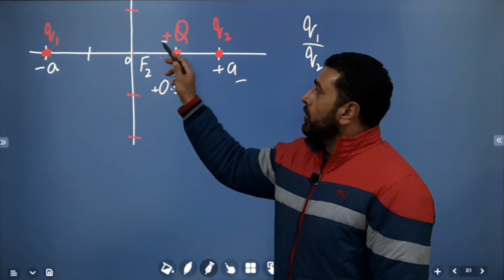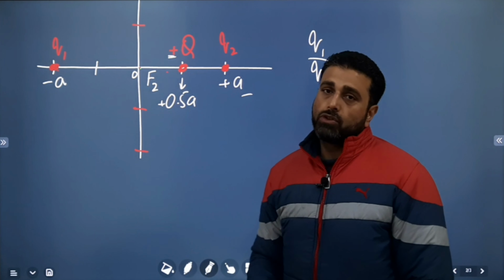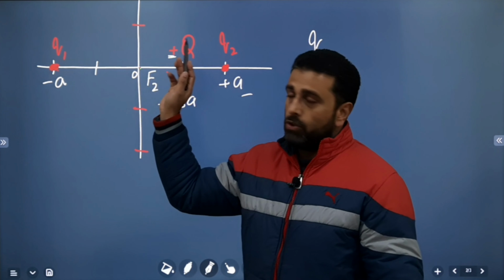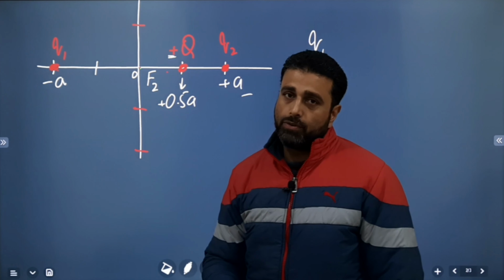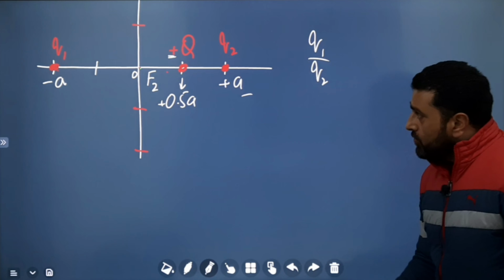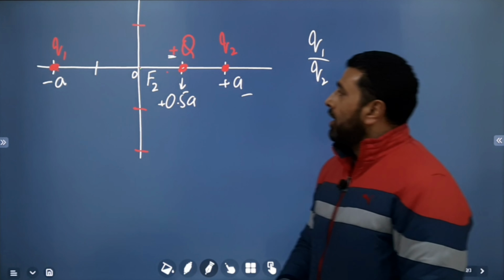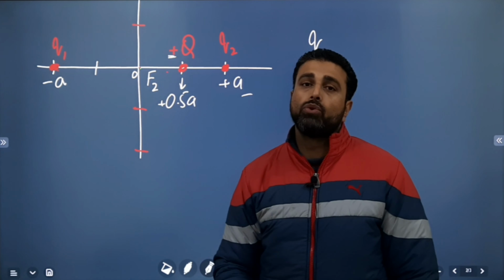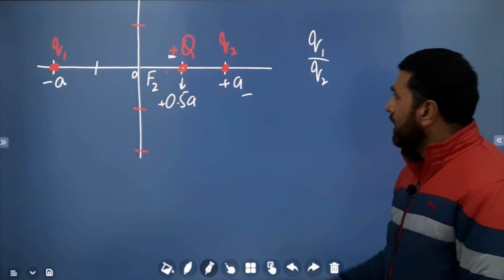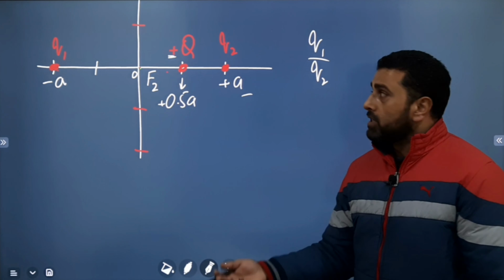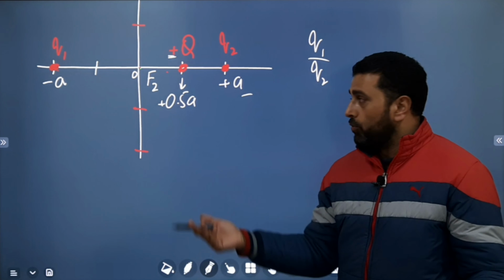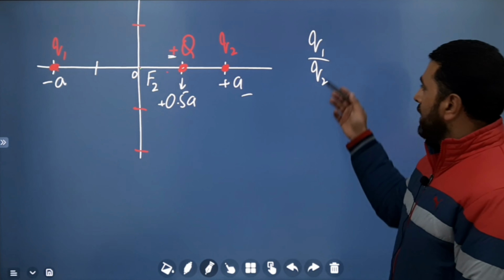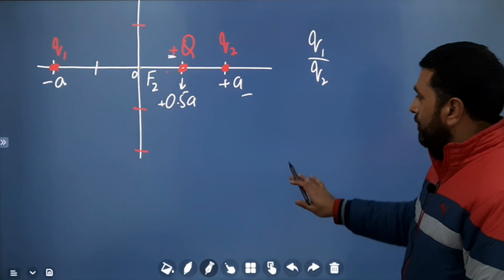The sign of capital Q is given, that is positive. Okay, plus Q, plus capital Q. But the signs of q1 and q2 are not given. Just for capital Q it is given, it's positive. So first we'll see what must be the signs of q1 and q2 for the net force on capital Q to be 0. First we'll talk about that because the ratio will depend on that. Firstly, net force must be 0. So for that we have to see if q1 and q2 are like charges or unlike charges. Then accordingly the ratio will be positive or negative.